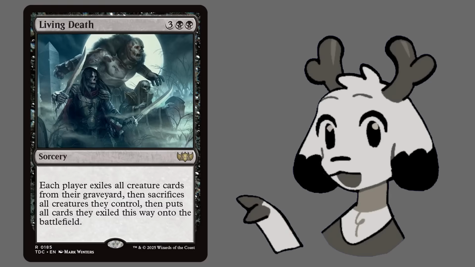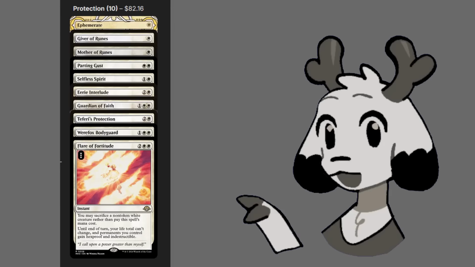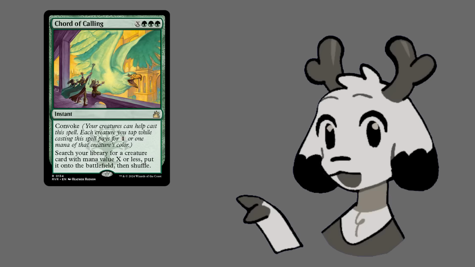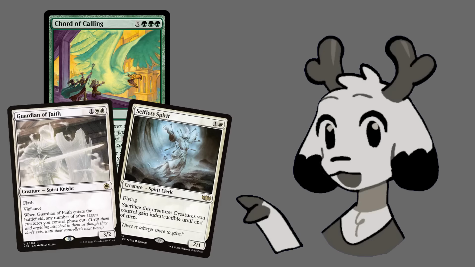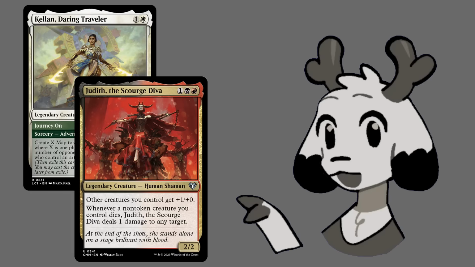In Judith, Living Death is a button that means I don't particularly care what happens to my monsters beyond a Farewell, and if frankly that hits the stack, there's nothing those stupid boots could do anyway. And as for Kellen, I run a pretty huge protection package that is actually larger than it appears because of Court of Calling being able to grab Guardian of Faith or Selfless Spirit, and Gaddock Teague shutting down troublesome board wipes that would normally have a chance of blowing the deck out. If you pack a deck in that camp, I highly recommend cutting your Greaves for value or a more synergistic